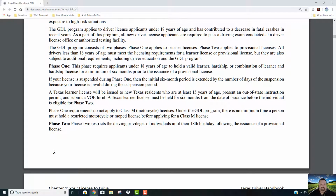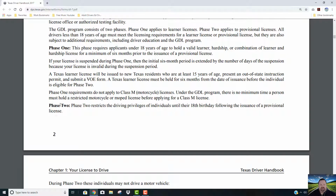A learner's license will be issued to new Texas residents who are at least 15 years of age, present an out-of-state instruction permit, and submit a VOE form. A Texas learner's license must be held for 6 months from the date of issuance before the individual is eligible for Phase 2. Phase 1 requirements do not apply to Class M